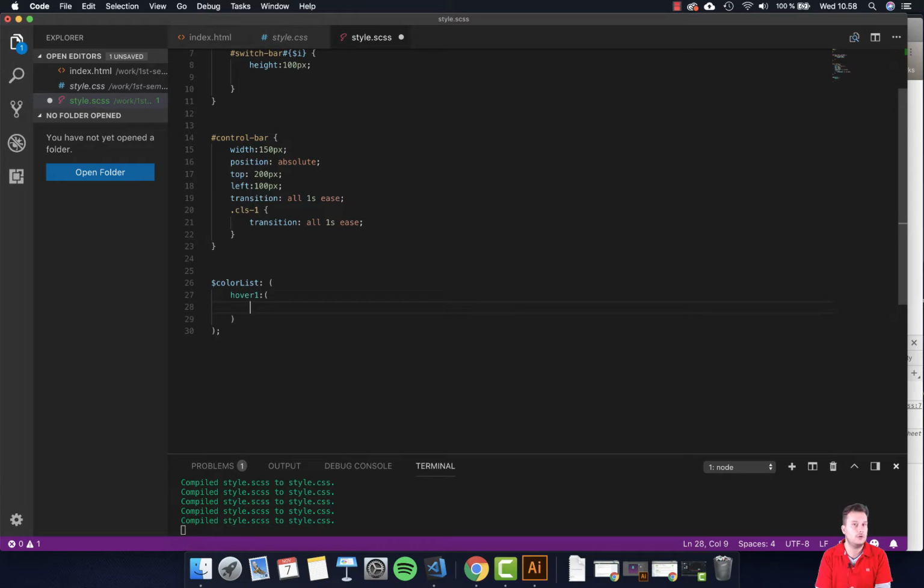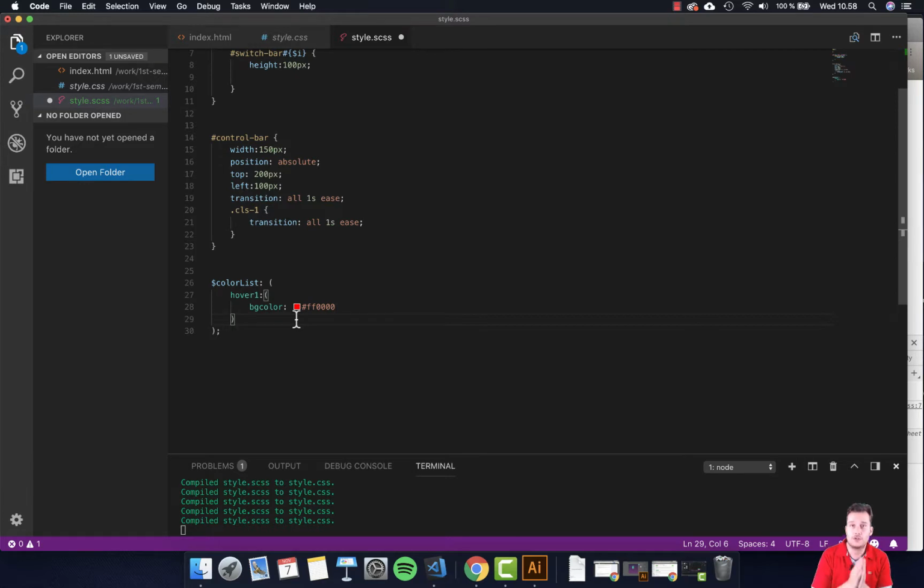So in here, we're going to create another one, and we're going to tell it this color here is containing a background color. We're just going to call it background color, you can call it fill, whatever. And here we're just going to punch in the color red. So this is our first hover color. Oh sorry, I didn't need this one. So just like this,